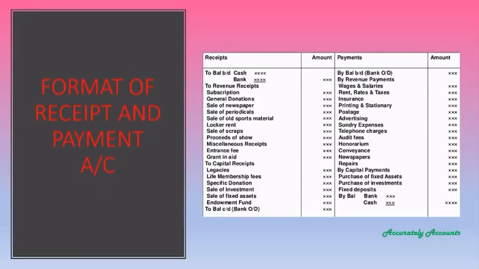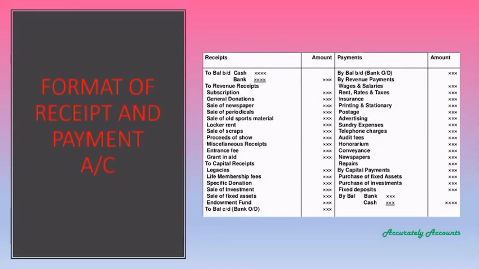On the payment side, we begin with the overdraft balance if it is given in the problem. Otherwise, we treat all the revenue payments first. The revenue payments are wages or salaries, rent, rates, taxes, insurance, printing and stationery, postage, advertisement, sundry expenses, telephone charges, audit fees, honorarium, conveyance,